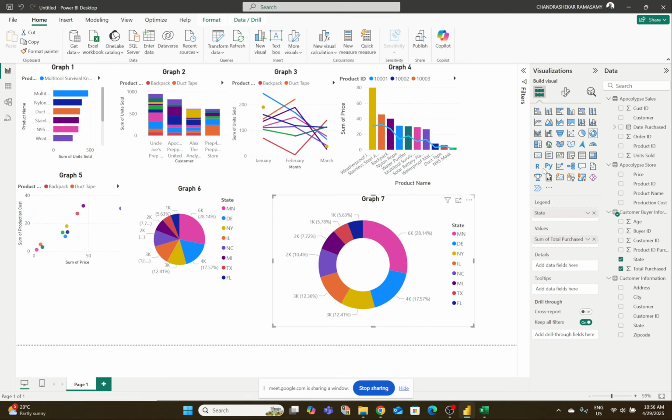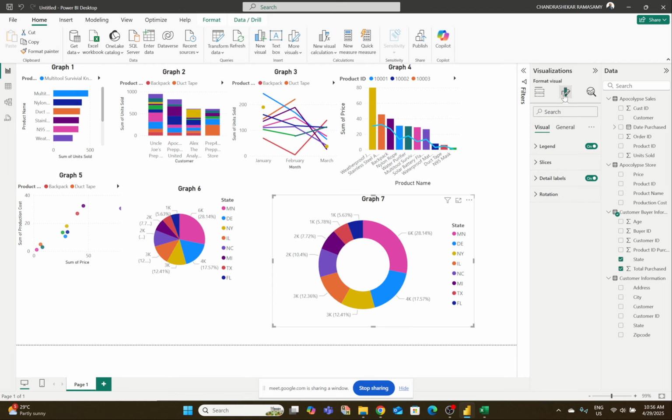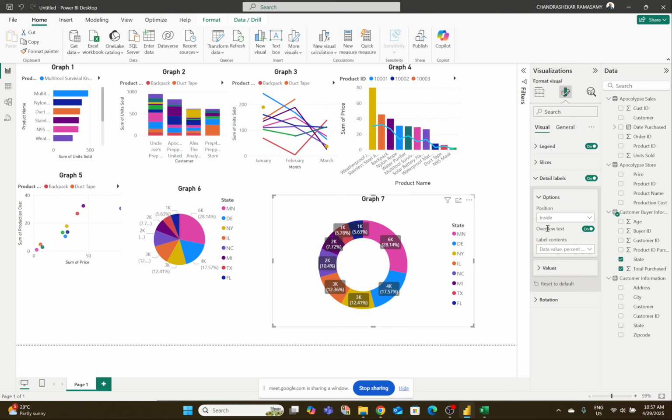Almost the same. I'm going to go to the visual. The center button is format, so general and visual. You can look at it, we will go through the details later. Go to detail labels here. In this case, outside, so you can see here. If I ask the Power BI to put inside, it will put inside. Now if I ask prefer outside, it puts outside. Now if I ask the Power BI to prefer inside, the Power BI will determine